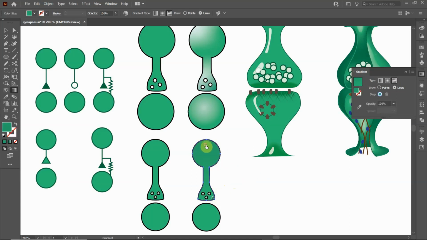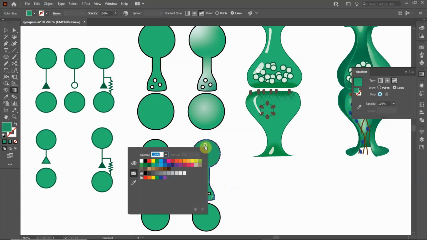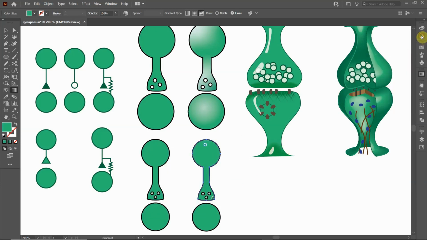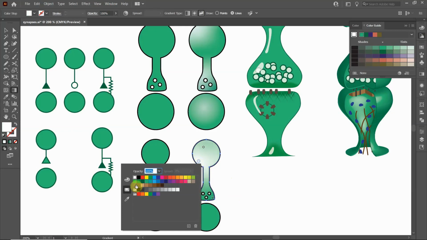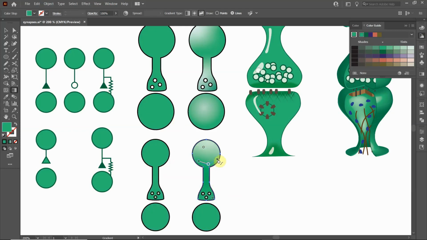So now I want to click over to this object. I'm going to double click on it, and then let's actually click back on that, but we're going to go over here to the color guide, and we're going to pick a lighter hue. Okay, I'm going to move this over to there. Now I'm going to press the Escape button, and I'm going to click over here, and now I'm going to double click on that and click this color here, which is the same color as shown over here. Okay, now I want to click there, click there, and click there. Okay, press the Escape button,